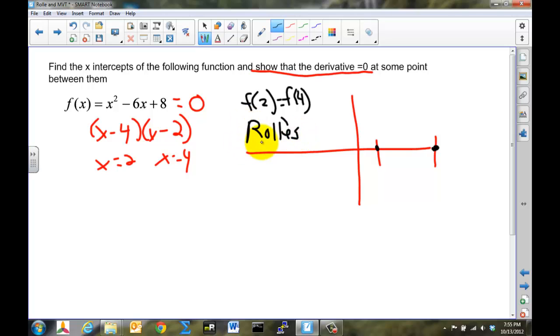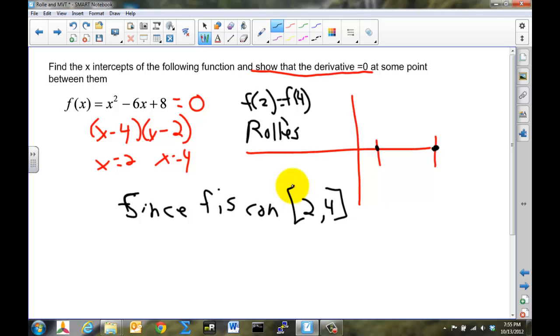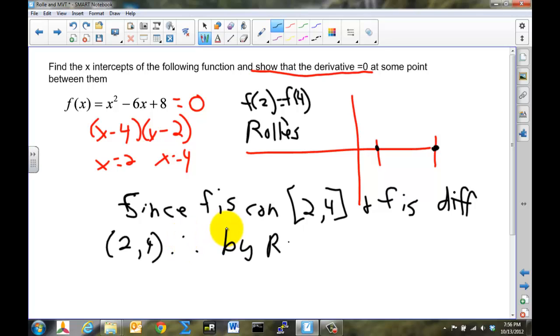So what does that mean? We can say now, since f is continuous from 2 to 4 and f is differentiable 2 to 4. Notice how I wrote those differently. 2 to 4 for continuity is a closed interval. 2 to 4 for differentiability is an open interval. Therefore, by Rolle's,